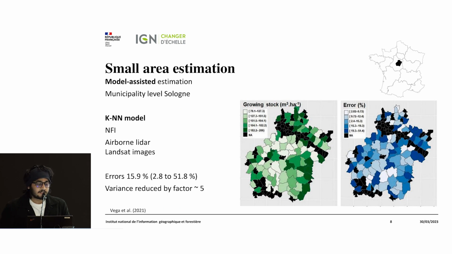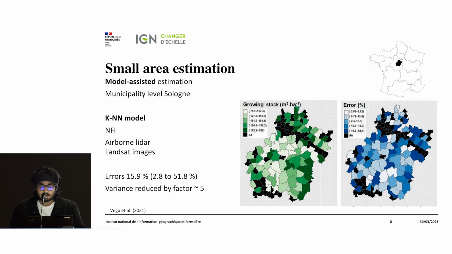So this is a case study which we did in the Forest of Salon. We tried to estimate the growing stock volume at municipality level. We used NFI data sets. We combined NFI data with airborne LiDAR and Landsat images using KNN models. The average error we obtained here was 15%, and the variance was reduced by a factor of 5 compared